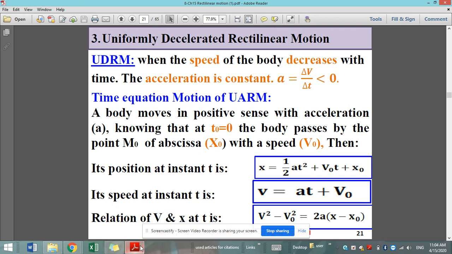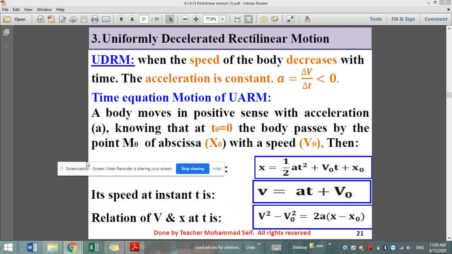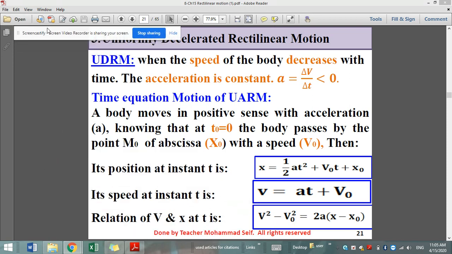but the only difference here is that a is not positive, it's negative. And the relation of v and x at t is v squared minus v0 squared equals 2a times (x minus x0). I want to tell you here that this equation could be proved by doing some mathematical calculations and joining the above two equations. I'm not going to go into details. The point here is that